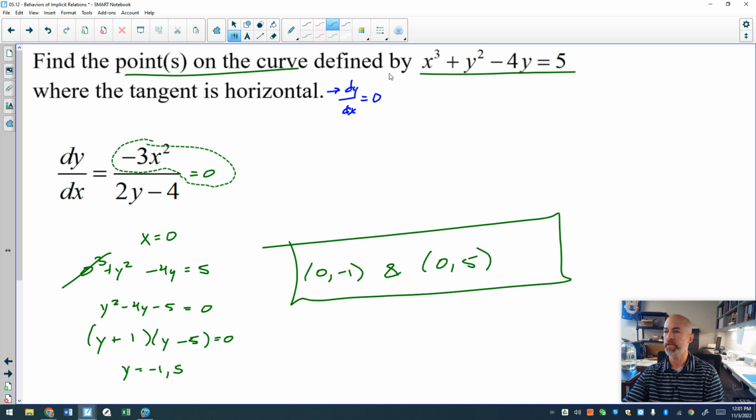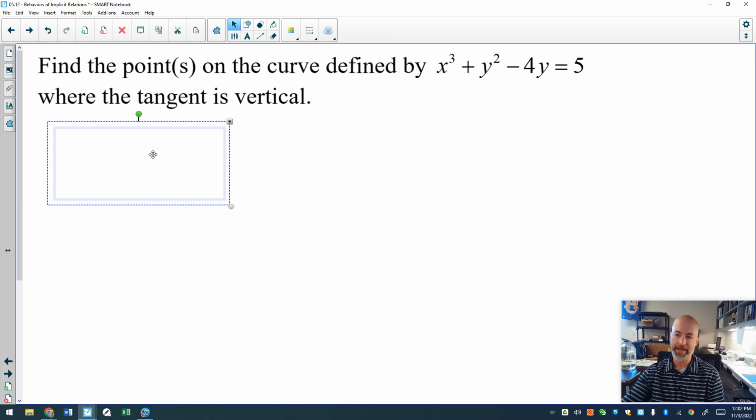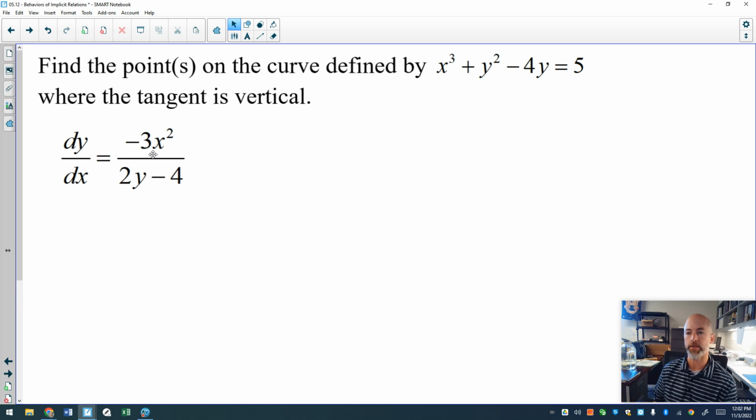And I'm going to piggyback on that same curve and ask you now for points on that same curve where the tangent is vertical. Well, we already have the derivative, so the derivative is here. And if I want the tangent to be vertical, I am now looking for places where your derivative is undefined. I need to figure out what makes dy dx